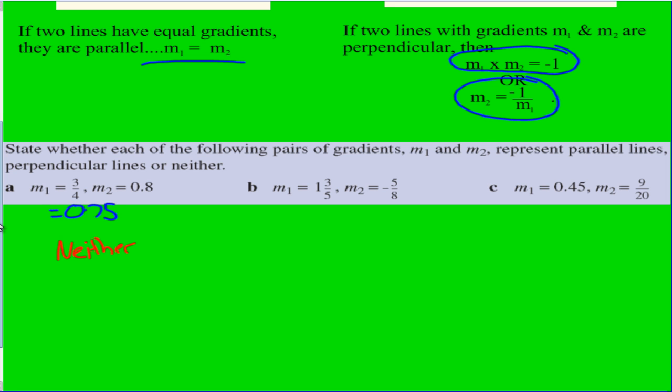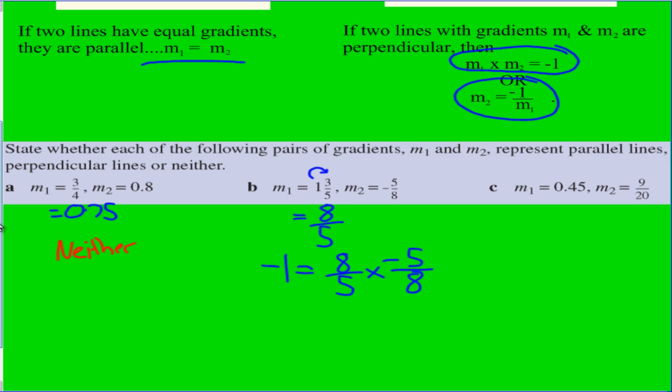Okay, looking at B, we have a positive and a negative number, so that automatically rules out if they're parallel. And we're going to do a quick test to see if they're perpendicular. What I'm going to do is multiply them together and see what number I get. To help me multiply, I'm going to convert this first gradient, M1, into an improper fraction, which makes it 8/5, and M2 is -5/8, so I'm going to do a quick test and say I should get -1 when I multiply 8/5 by